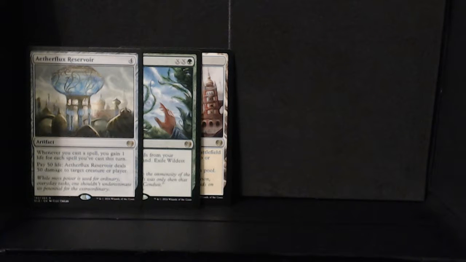I think if you cast 3 spells, you'd only get 3 life. But you get life every time you cast a spell. Yeah, for as many spells as you cast that turn. So if you cast 3 spells, it wouldn't just be 3. It would be 1, then 2, then 3. I don't think that's how that works. Well, why wouldn't it trigger every time you cast a spell? It would. You get 3 life, not...